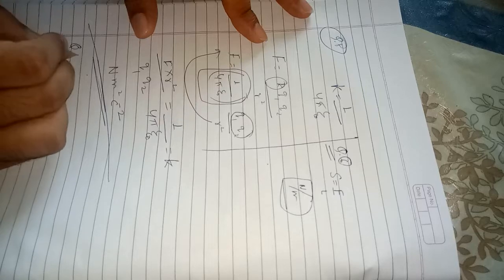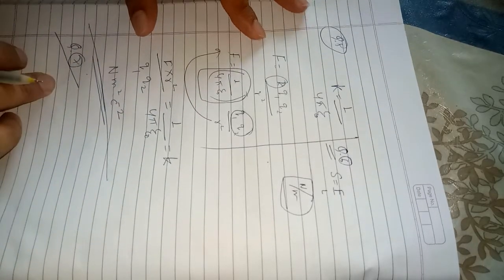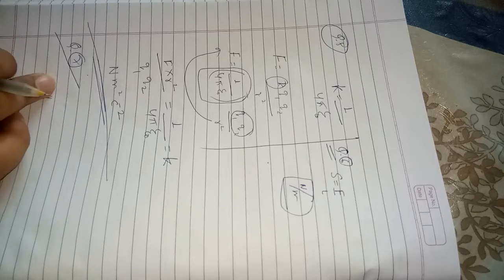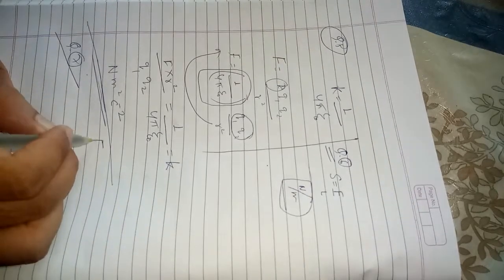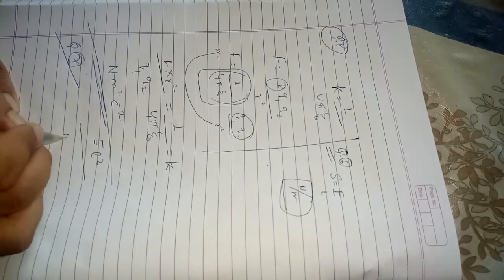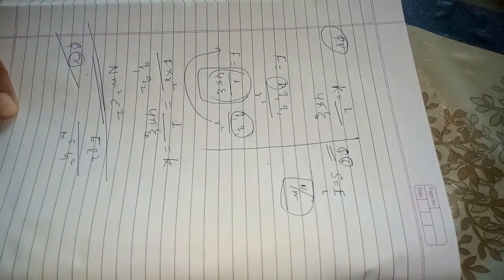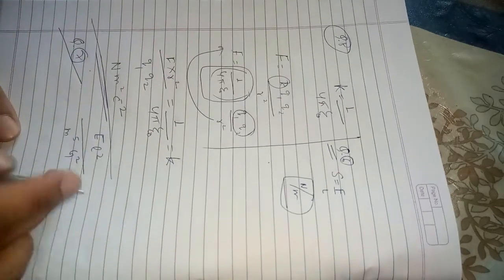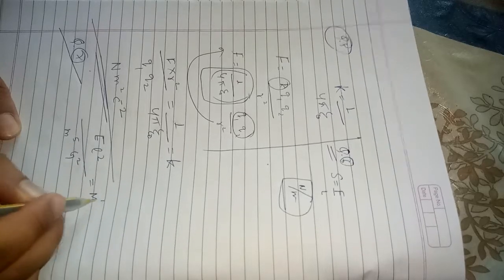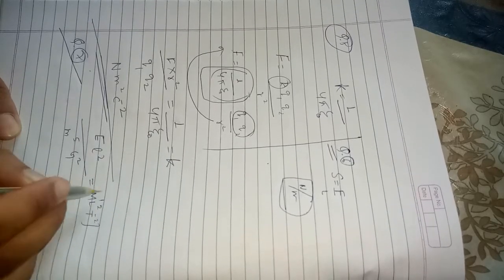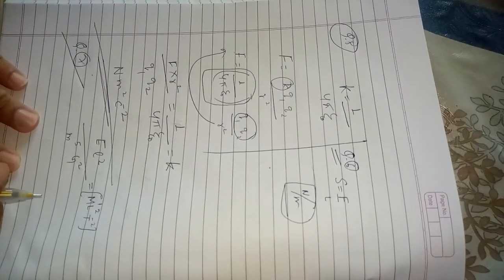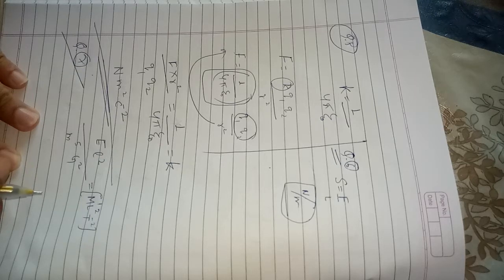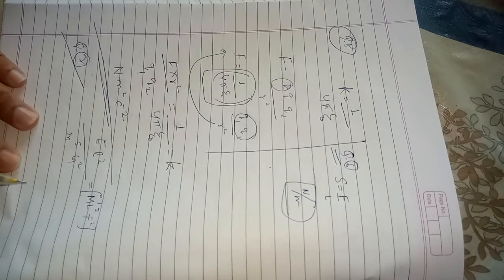In question number 7 they have asked us what will be the dimension of E L square by m raised to 5 G raised to 2? Okay, so what we have to do is, first we have to understand what these terms are. E is energy, so the dimension of energy is m1 l2 t minus 2. And L is the length I suppose. No, L is the angular momentum. Okay, L is the angular momentum.